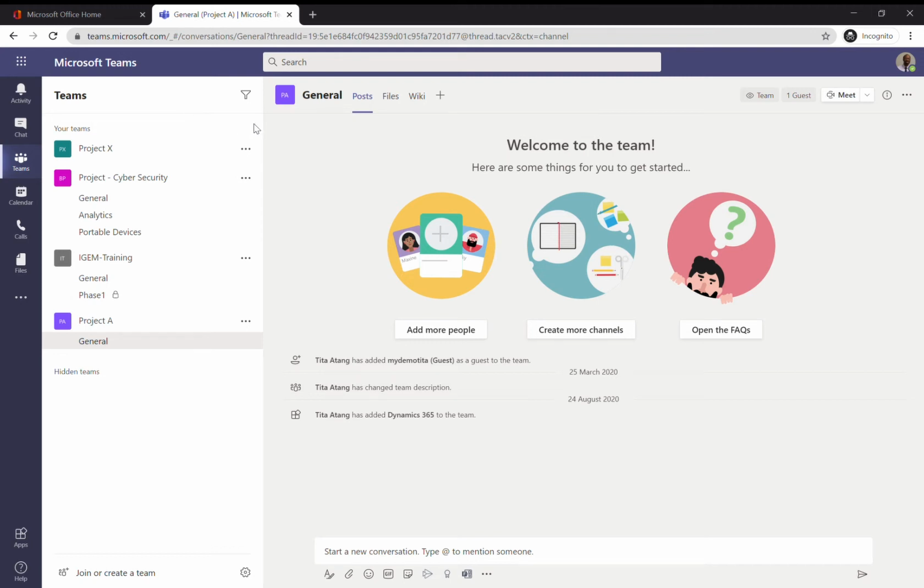This lesson is about creating teams. So imagine the scenario that you are an HR employee and your boss has assigned you the task of reviewing all the policies and procedures of your organization for the next financial year. So what you need, this is where teams would come into its element, because you need to get the right